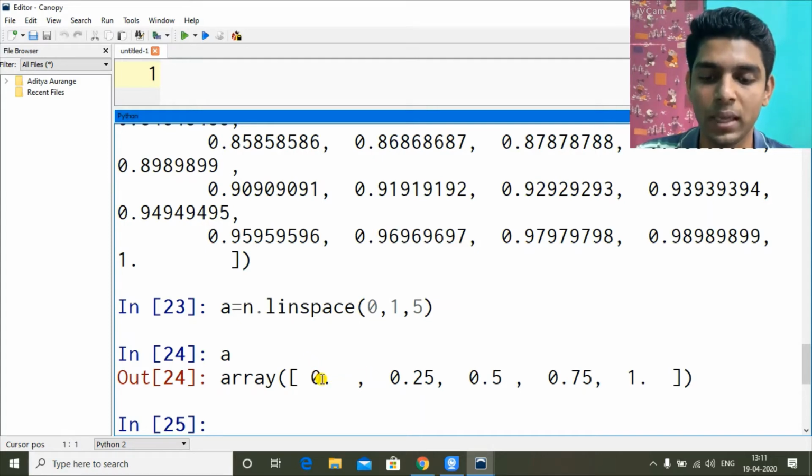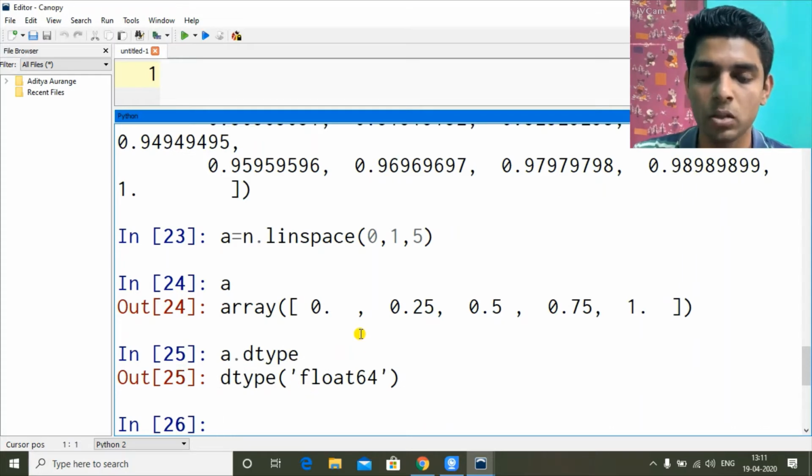That's why we are seeing this, because while using linspace, like 99% of the time the data will have a fraction or decimal point in the values. So it chose float as its default data type. So A dot dtype is float. So this was linspace.